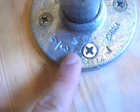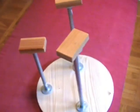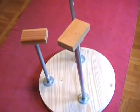Same way here. See, it says 3/4 there, and it says 3/4 there. That way we knew where it had to be, so that when we tighten it to the tightest point, it would be facing the right direction. So that's pretty much what we did. I still gotta sand it, but...